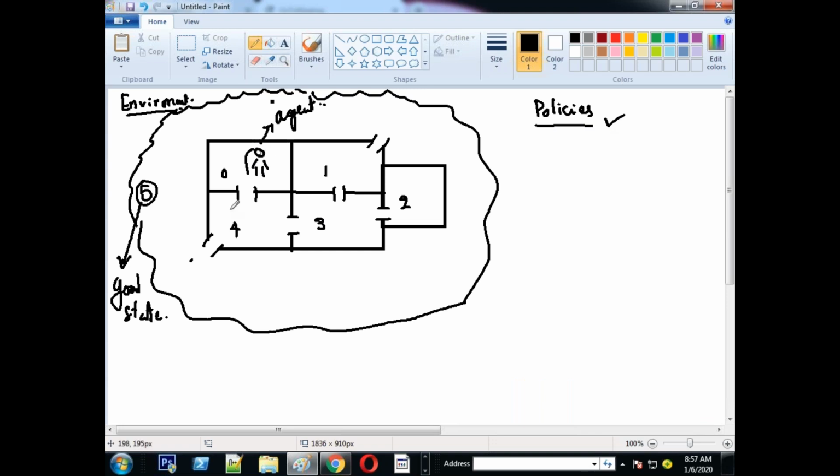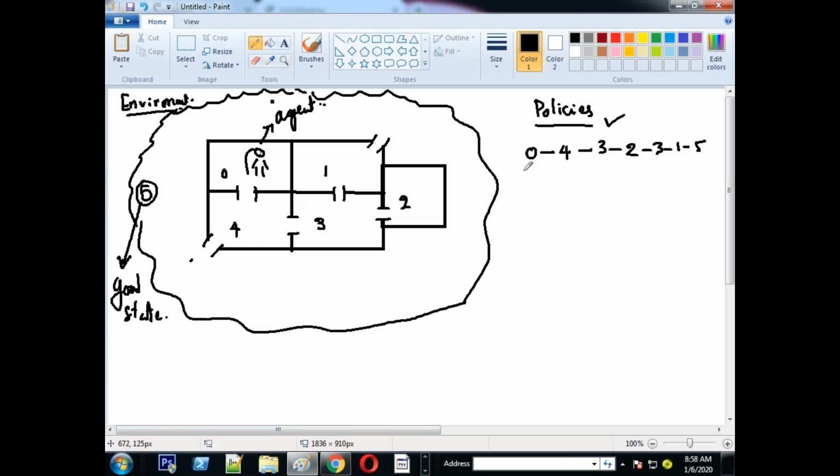Okay. To help you understand this statement, your agent is now in room number 0. In how many ways can you go to number 5? 0 to 4 you can reach, then 4 to 5, but you don't know that initially. By mistake you stepped into 3, then 2. From 2 you cannot go further, so again you return back to 3. 3 to 1. 1 to 5. This is policy 1.